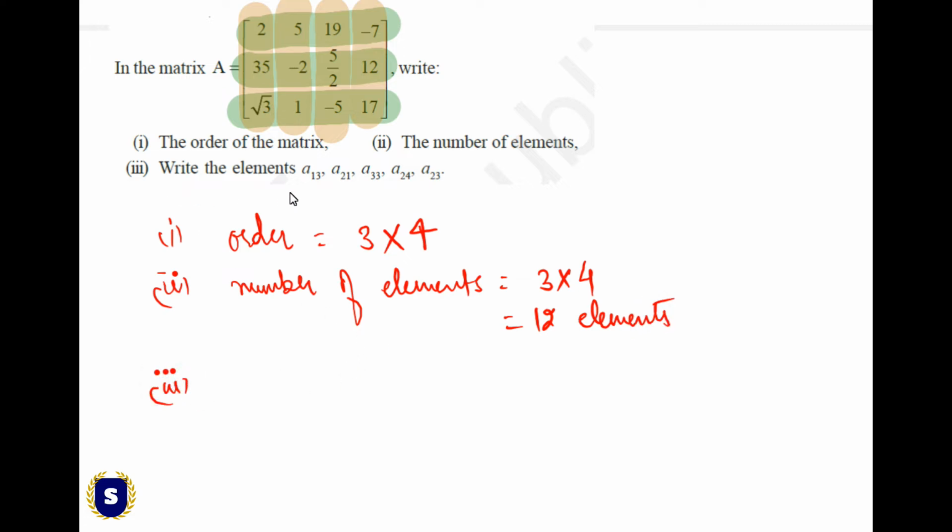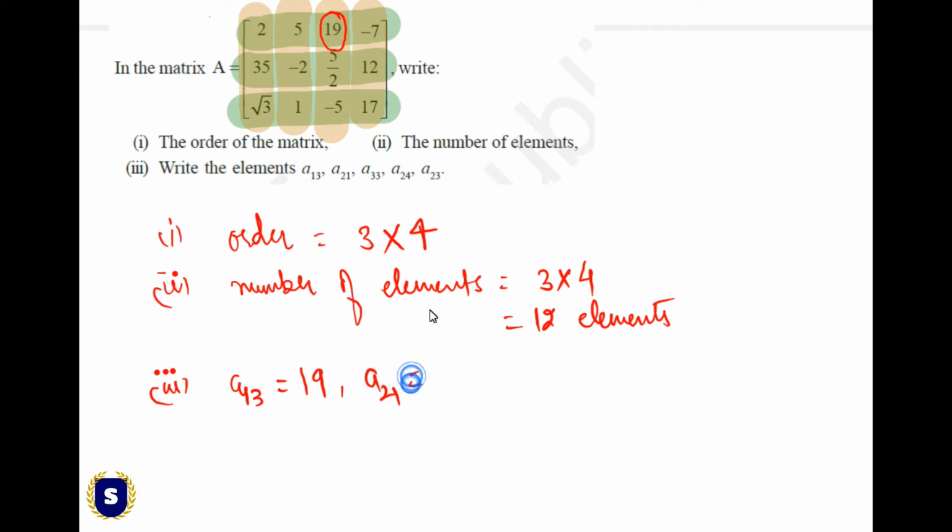Third part, write the element A13. So here 1 stands for the number of row and 3 stands for number of column. So first row में third column में जो element है that is A13. Okay, first row and third column, here it is 19, right? Same way